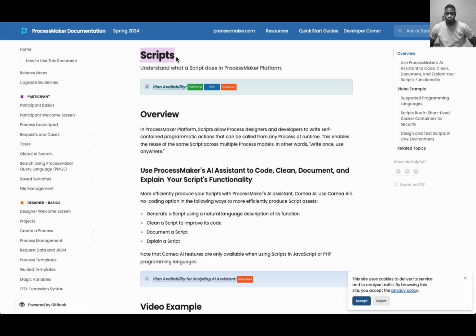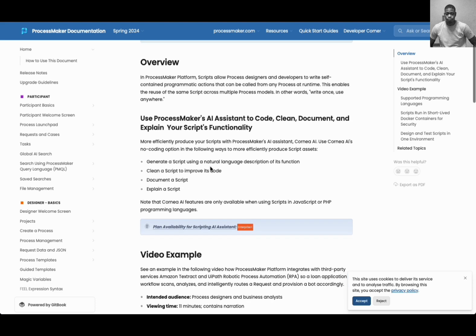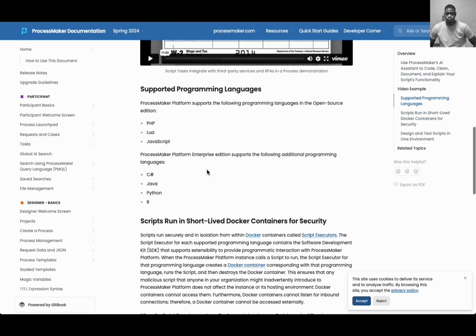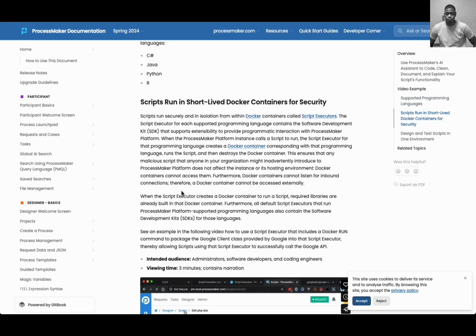And here they go through what a script is going to be, and the programming languages supported in writing the scripts, which are PHP, Lua, JavaScript, C#, Java, Python, and R. One important thing to note is scripts run in a short-lived container for security, and I'll throw in a little bit of background around this. So in 3, you can actually run your PHP code, your JavaScript code,